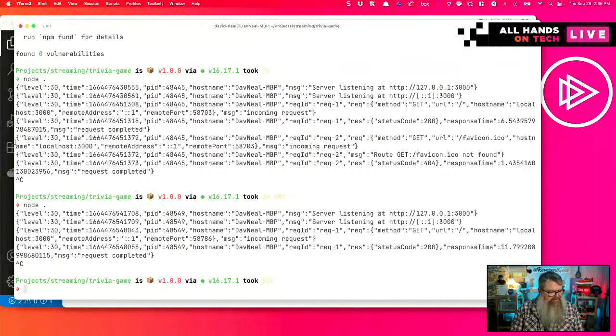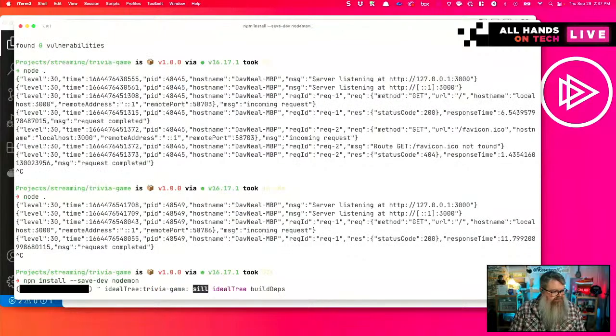Well, NodeMon, if we type npm install, use the save dev. Also, you can use -D, and that's the same thing as the --save-dev. I like to be explicit. Save dev NodeMon.